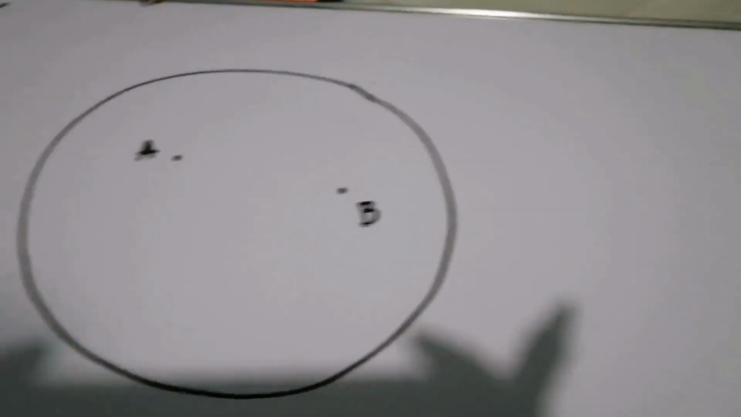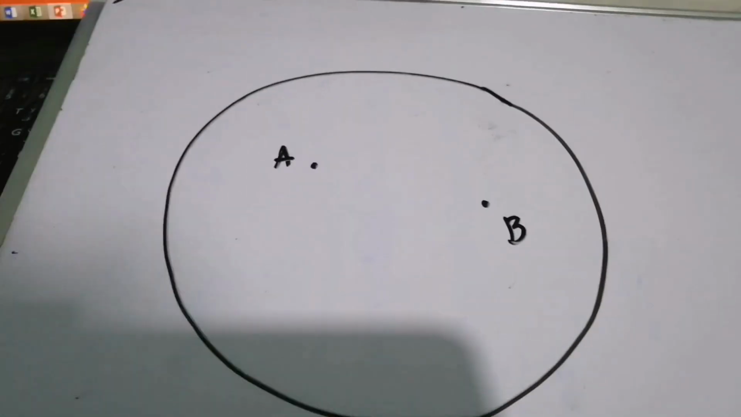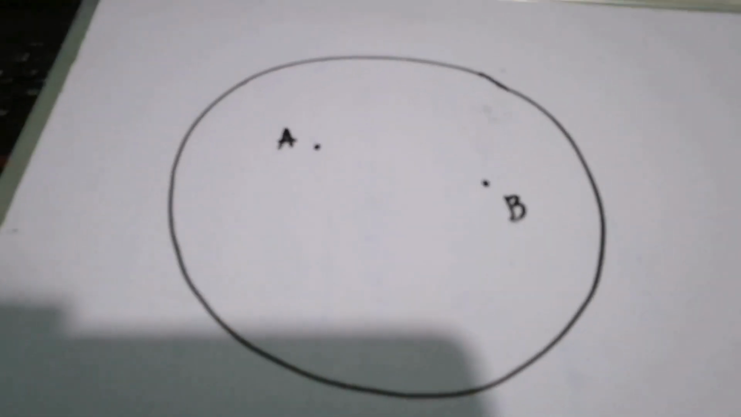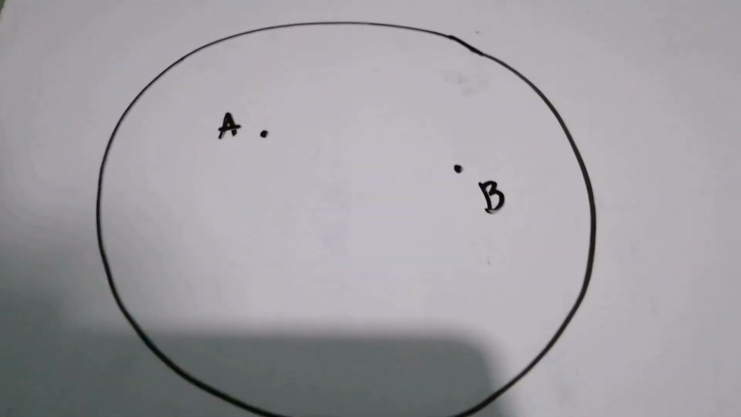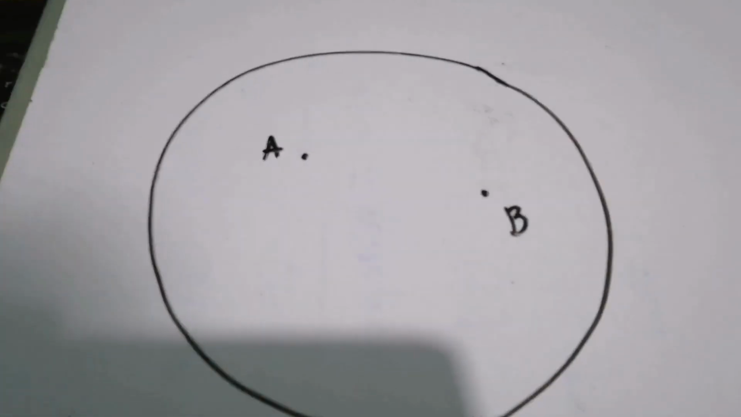Okay, good day guys. So we're here to discuss the terrestrial triangle. So what is a terrestrial triangle? A terrestrial triangle is a triangle wherein if we have 2 points anywhere on the terrestrial sphere, we will